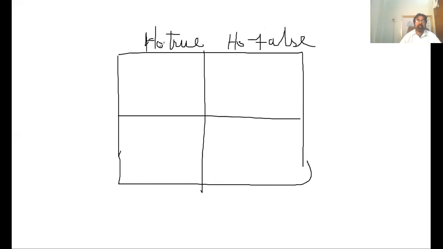Here for the null hypothesis we can write innocent. The reason is, if you are rejecting the null hypothesis when it is true, then you are doing injustice to this null hypothesis when it is innocent. It has not committed any kind of sin and still you are rejecting. And here we can write not innocent.